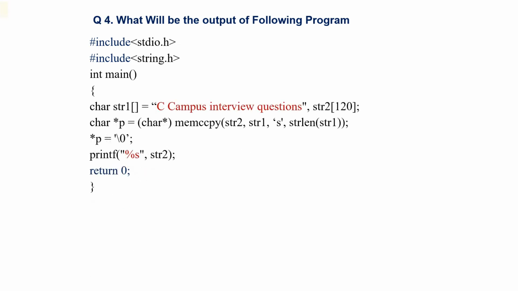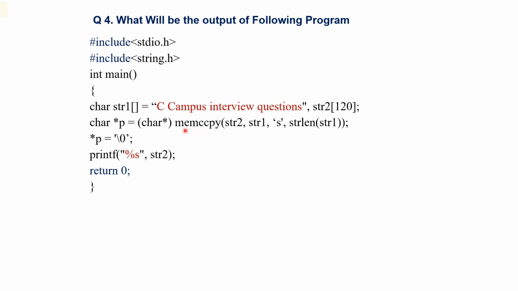So this is question number 4. What will be the output of the following program? Here in this program, a character array str1 is declared and it is initialized with the string C campus interview question, and another array str2 is declared with maximum array size 120. And in the next statement a character pointer p is declared and it is initialized with this function